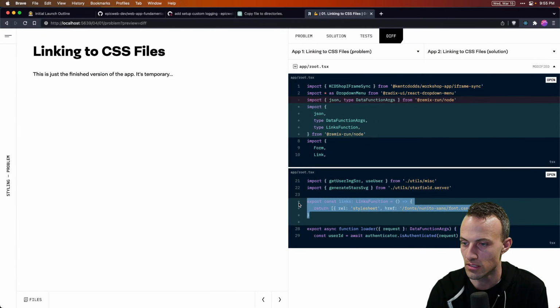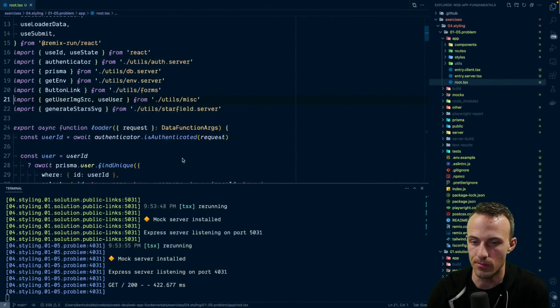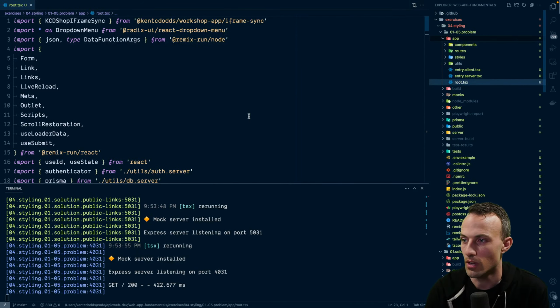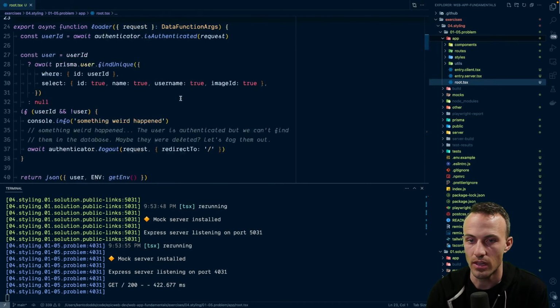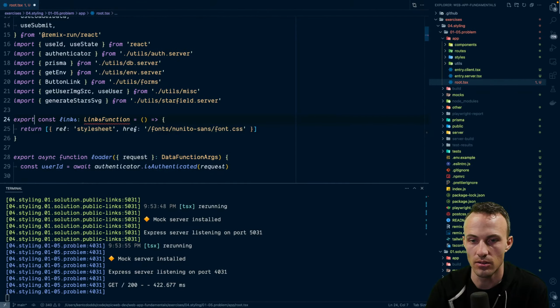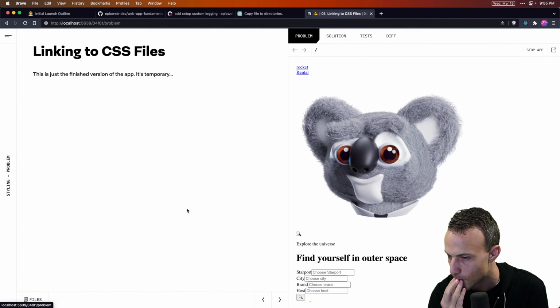Cool. So then if I say, all right, open, and let's just do this, copy that, go to the problem. I got to figure out what's going on there. It could be, I'm not sure what it could be. But if I restart the server, maybe it will work again. Definitely want to figure out what it is. But anyway, so it said, here's where we are. We stick this right here, bring in the links function, save, and come over here, and it should just reload.